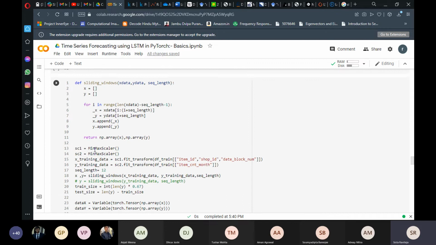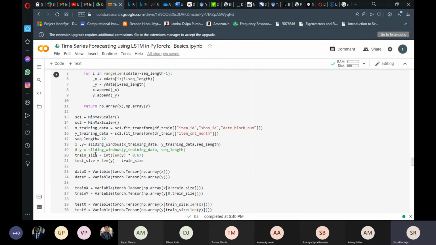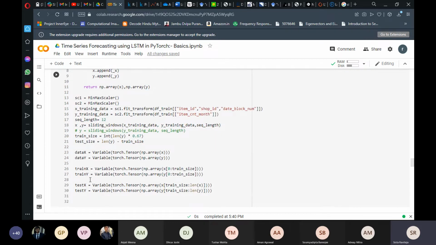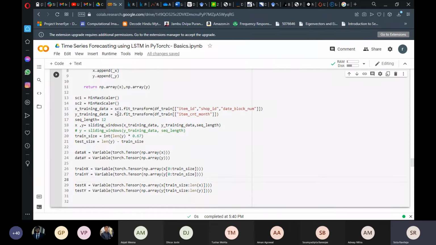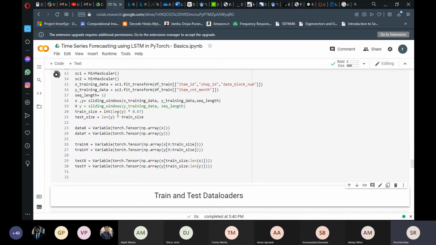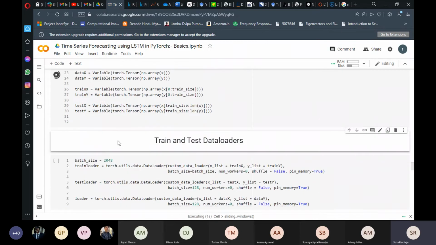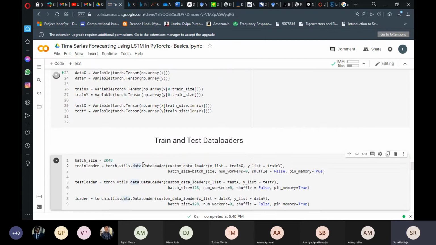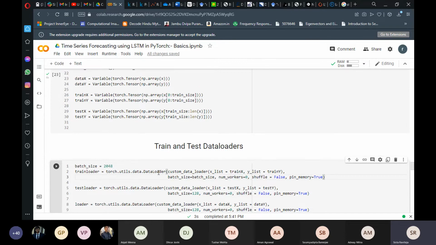Just 1 minute. So like we did before, we'll be processing our data into training and sample, and we'll be creating sequences. This is the first step. On top of that, we'll be using something called torch DataLoader. Torch has a DataLoader class, which will do that batching process for you.